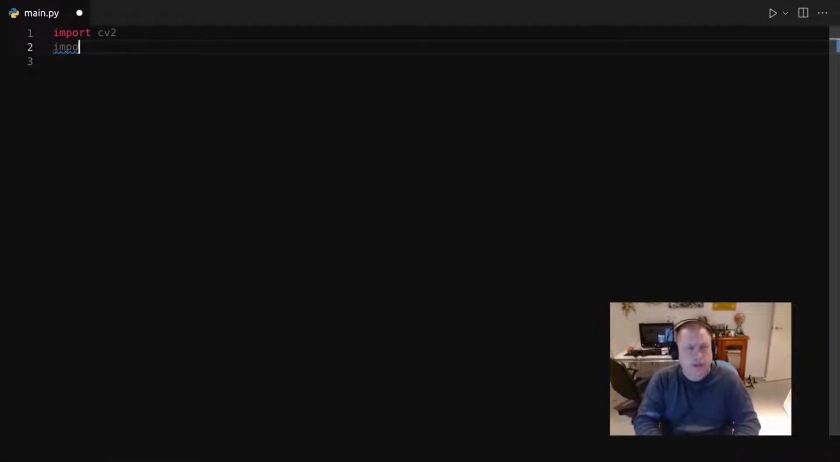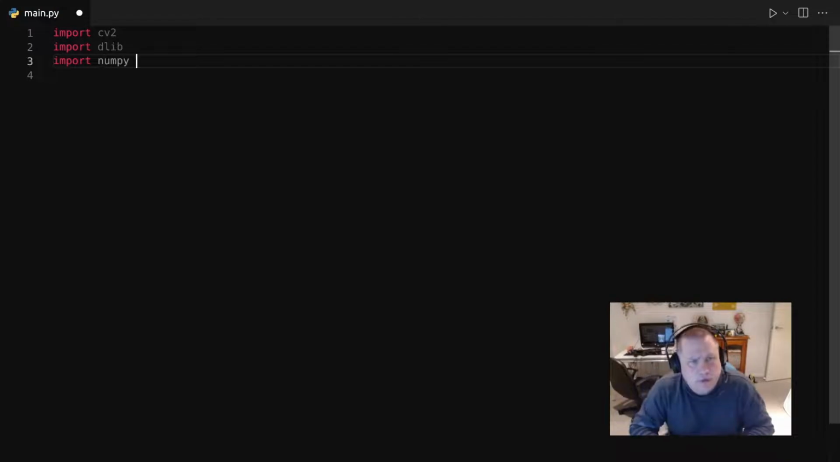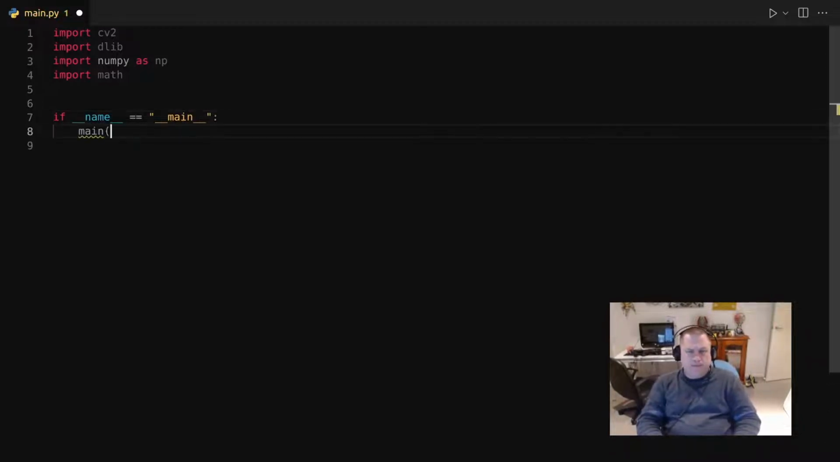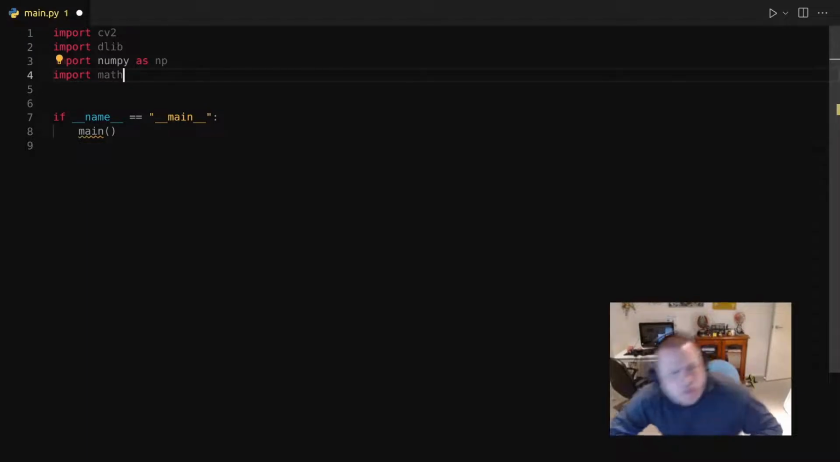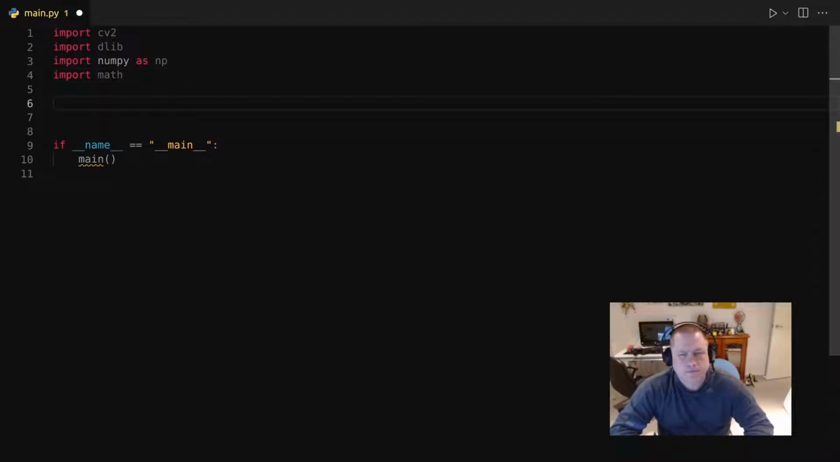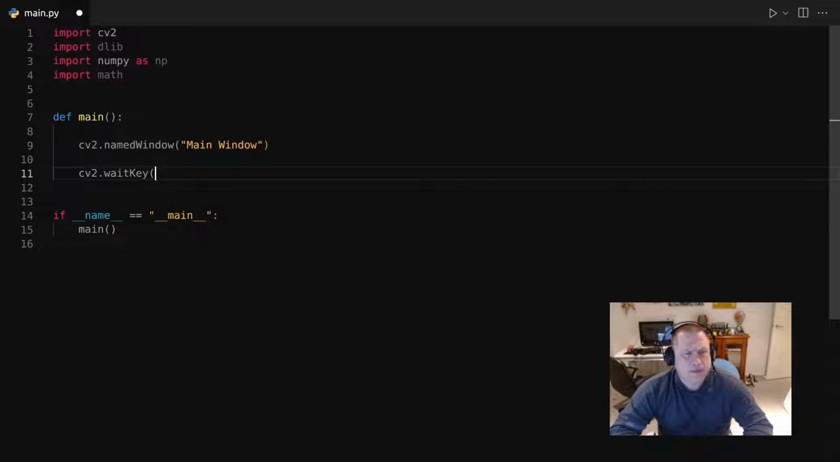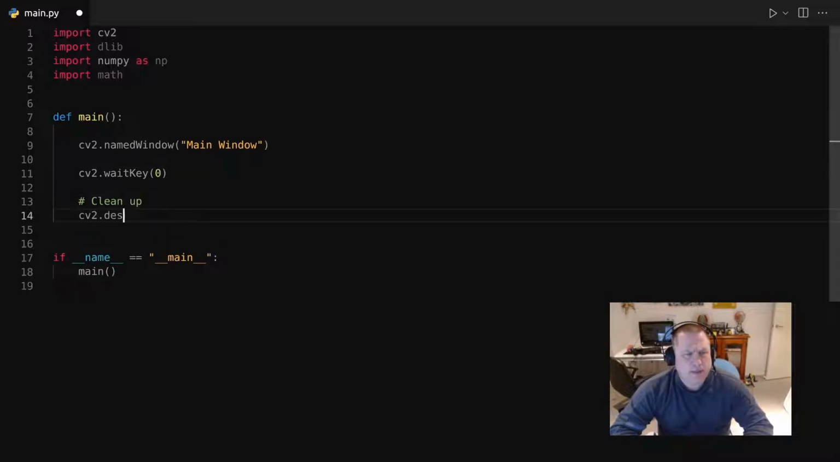First thing you want to do is import CV2, import Dlib, import NumPy, and the math module. Let's go and create the function. Let's go and set up basically this standard OpenCV setup to import an image. Put the wait key there so we can stop it, name the window, and destroy all windows when we're done